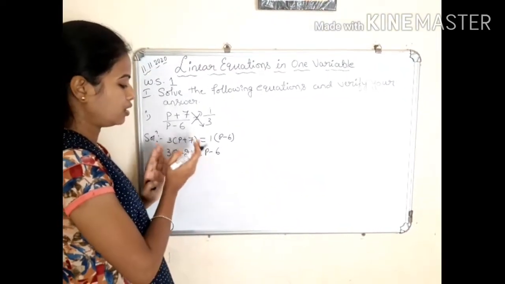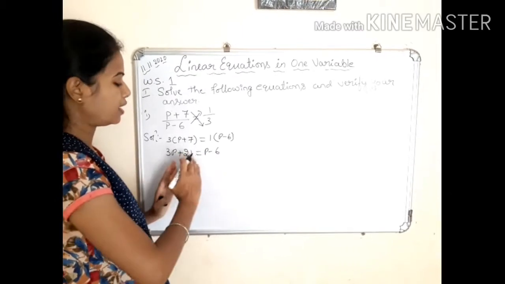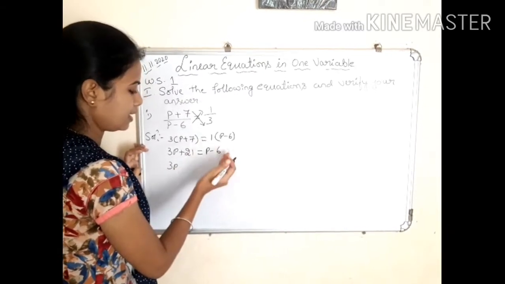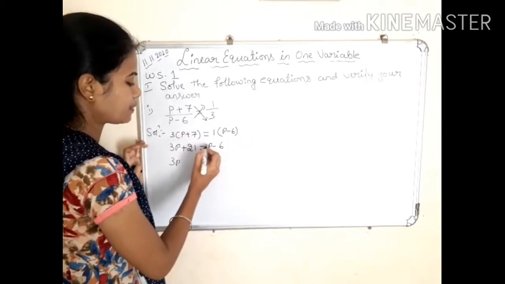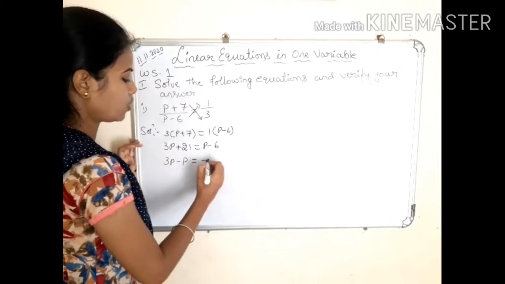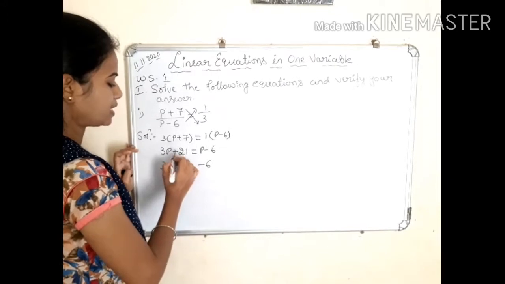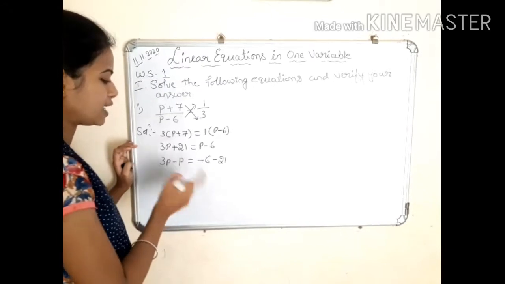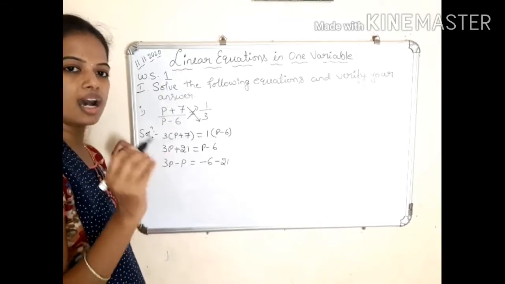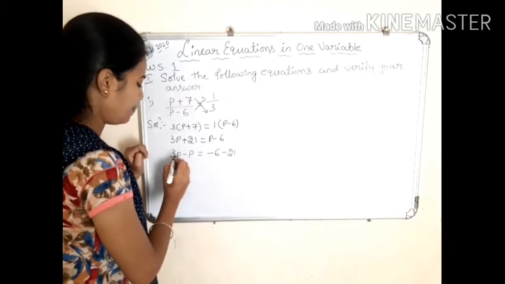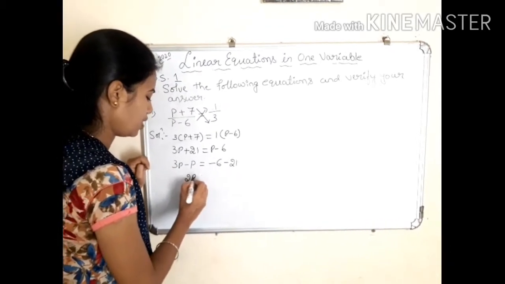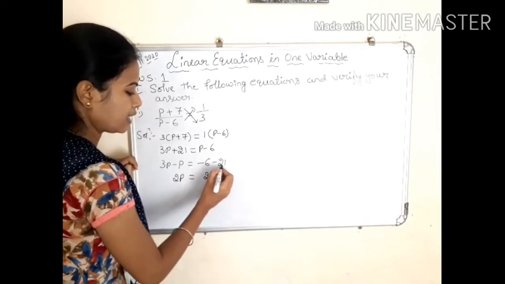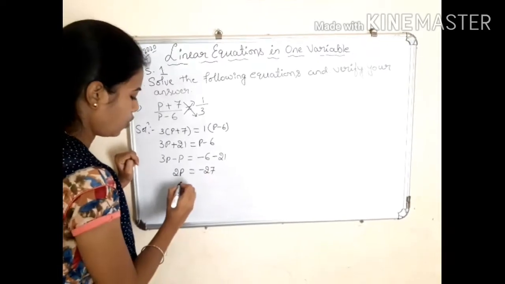Take all the p terms to one side and constant terms to the other side. 3p, here p is on the RHS side, take to the LHS side. Plus p converting as minus p is equal to minus 6, write as it is. Plus 21 take to the RHS side, it becomes minus 21. While transposing the terms, you have to carefully change the sign also. 3p minus p is 2p is equal to minus into minus plus, 21 plus 6 is 27, greater number sign is minus. Only you need p value.